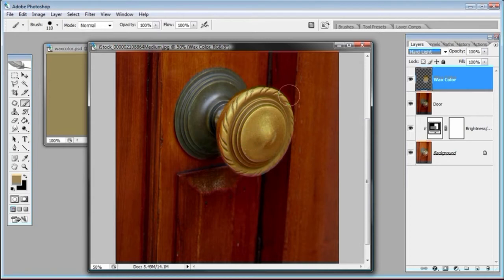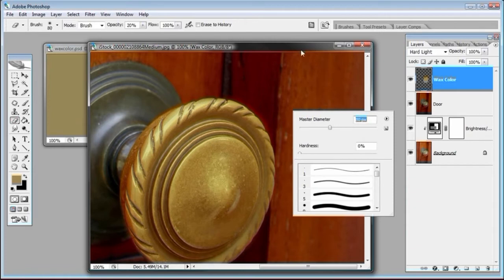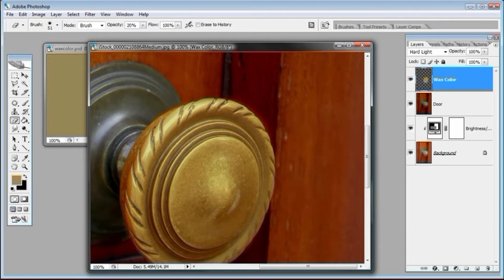And if you see anything else around it that you may want to touch up, just zoom into it real quick. And if you look closely, you can see that I've come outside of the doorknob. Well, that's pretty easy to fix. All we have to do is select a hardness. Let's see, we turn up the hardness just a little bit. Right on the edge here, I can just